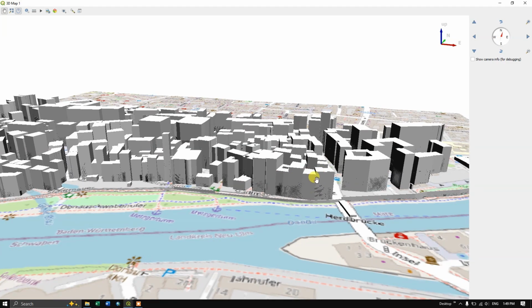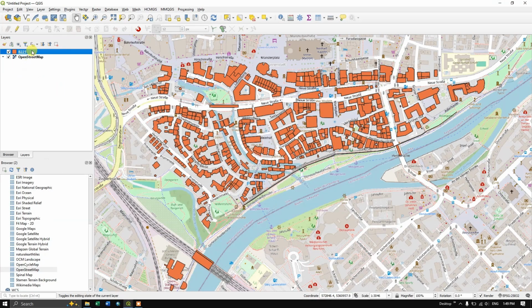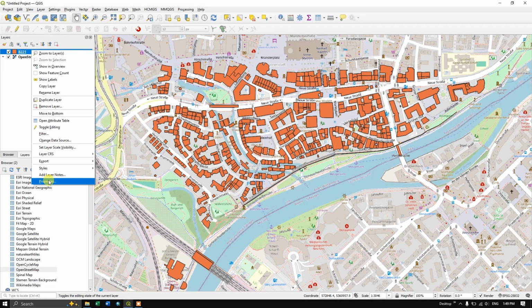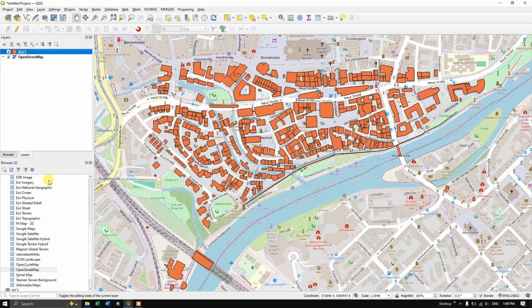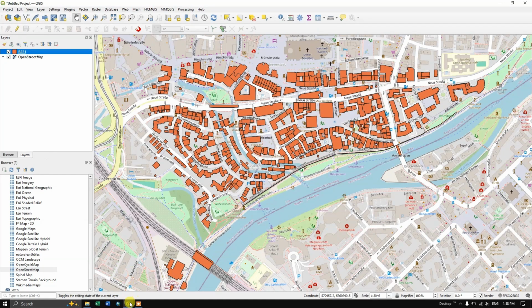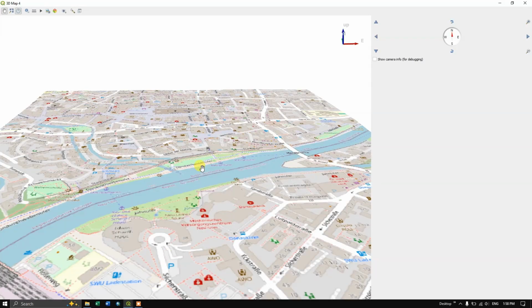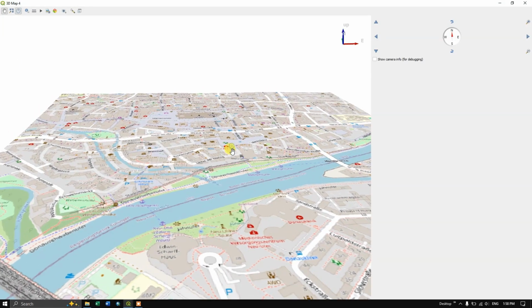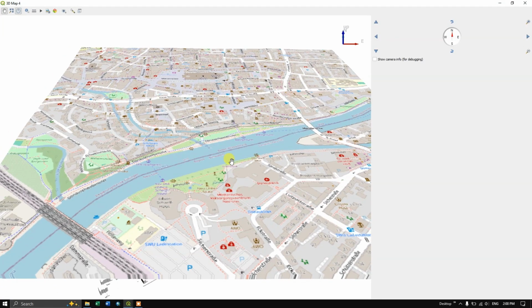So in order to correct it, let us minimize this and right click in the properties. So you can find altitude clamping. So here I'm going to select and click on apply. Click OK. Now it will be automatically updated. So after updating it, now just move on to the 3D part and let it do it. So you can see here nothing is there.